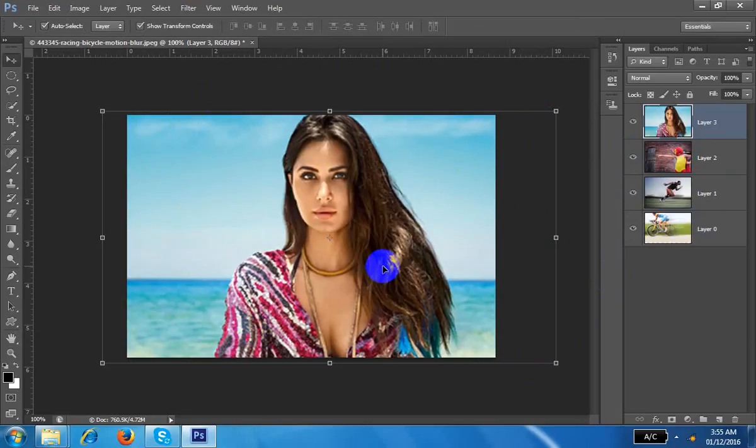This page document is called canvas in Photoshop. Understand? So if anybody asks you what the canvas is, you can understand that the Photoshop document, the working place, the working board is called canvas. So this is the canvas.